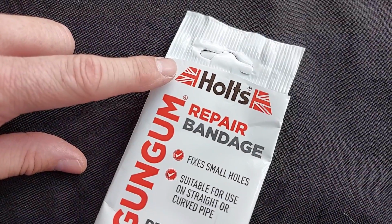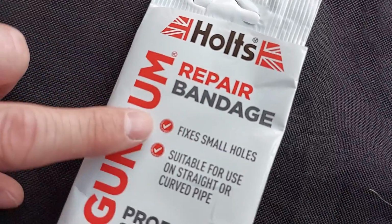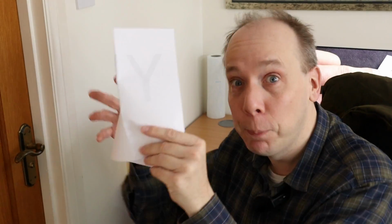Hello there. This is the Holts Gun Gum Repair Bandage for fixing small holes in exhaust pipes, and 6 months ago I fitted 2 of them to this Nissan Primera P12. The product's therefore been thoroughly tested on my car over some time, so I can with confidence let you know whether it actually works, and spoiler alert,